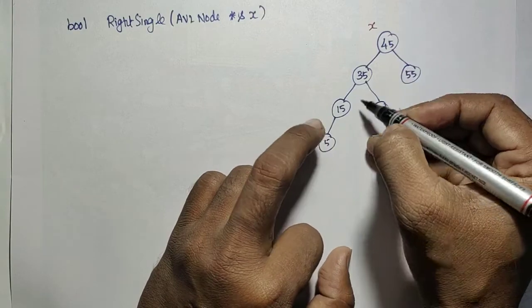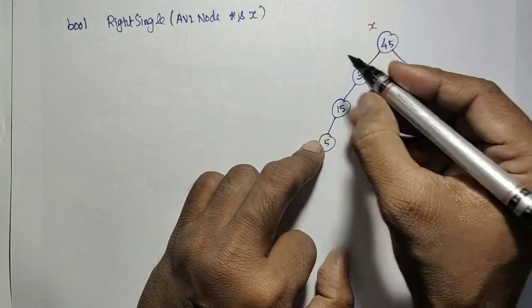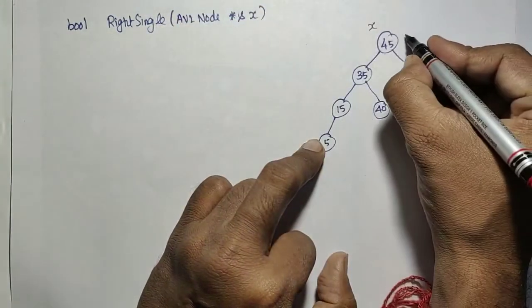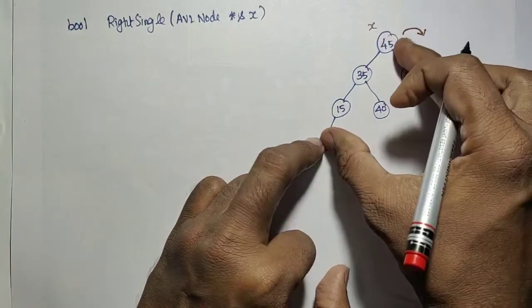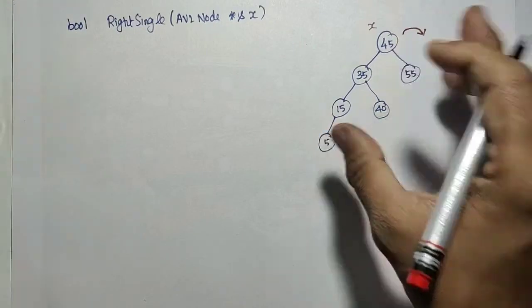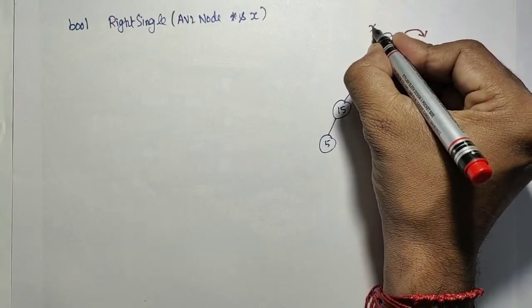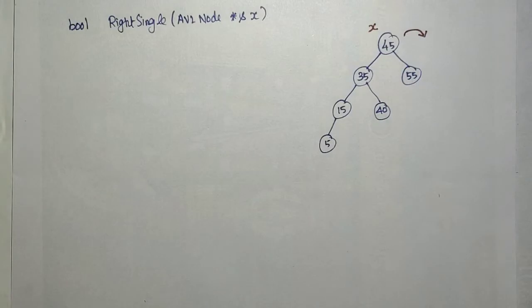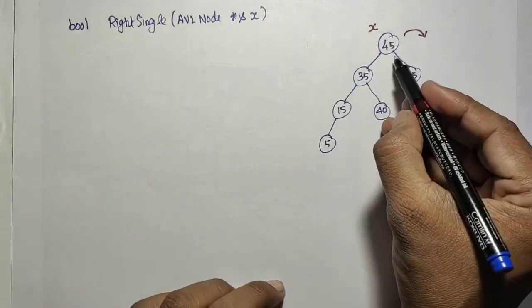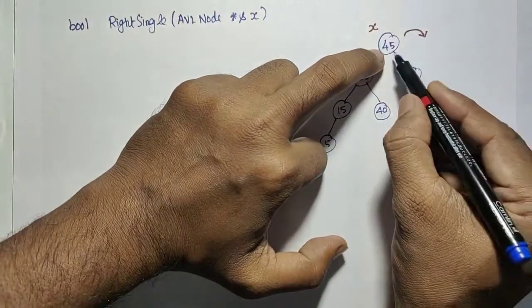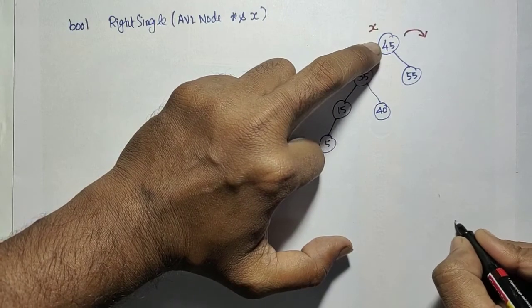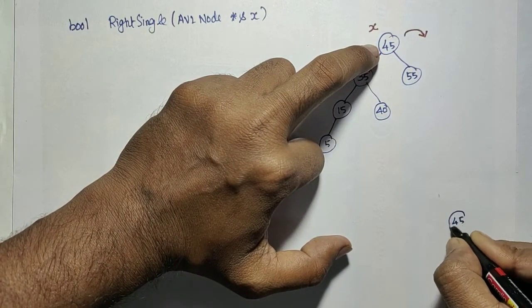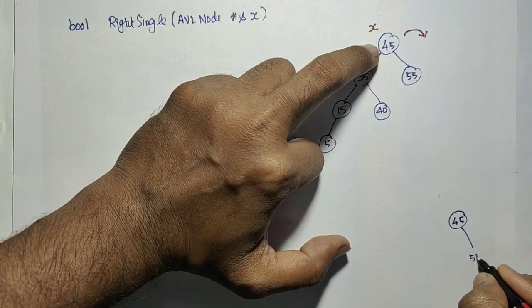Correct. So the right of, sorry, left of that left we have inserted the 5, so we need to call the right single. It means this is going to be rotated to this side. So for this rotation we are going to write the code, correct? So here we have called this as x. So what is that action actually? What I need to do is bring this 2 here, that is 45 and 55,